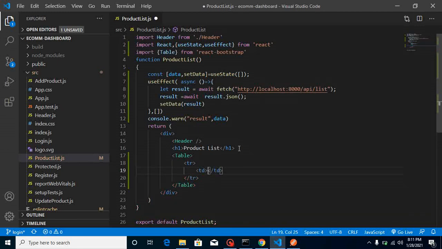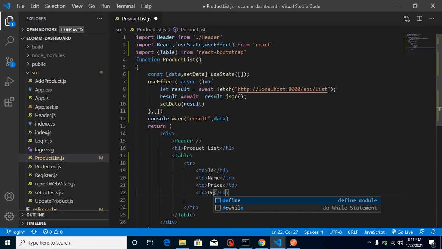With the td we can put here a name for id and something more like id, name, price, description, and last one for image, right?